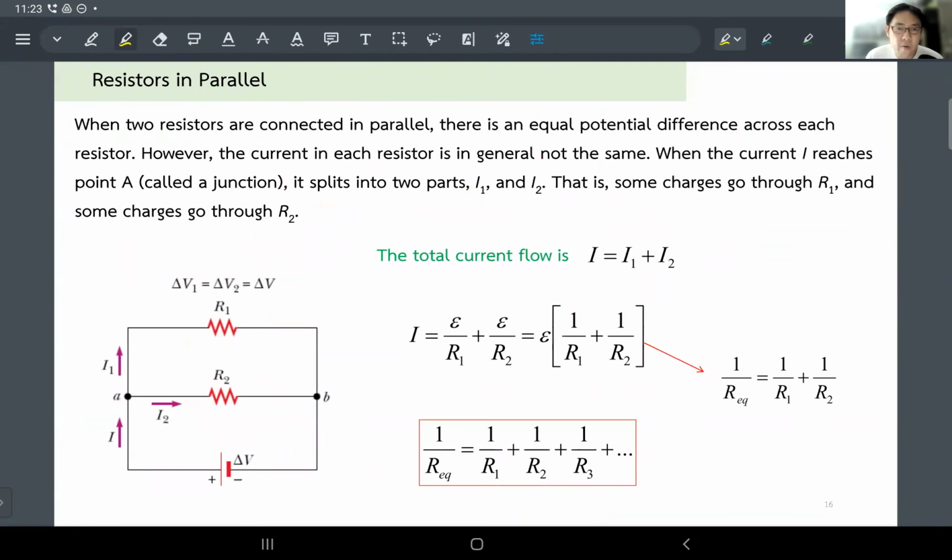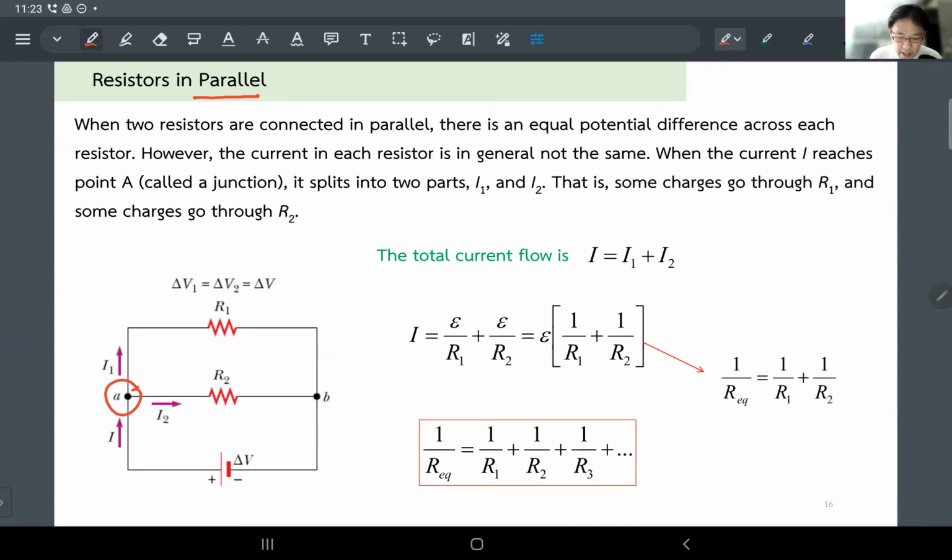Well, Ajahn, if I don't want to connect them in series, I don't want to connect them back to back, we have another way. We call this resistors in parallel. So instead of having them connected back to back, you have a single pipe. Okay, you have a single line that the current has to go through. Now you have a junction. So once you have a wire and then you split the wire into two ways like this,